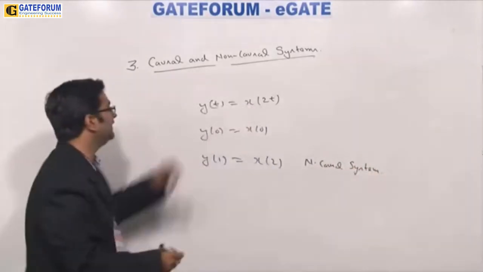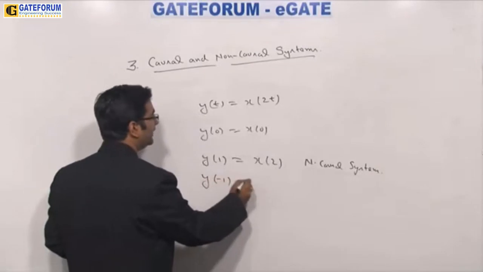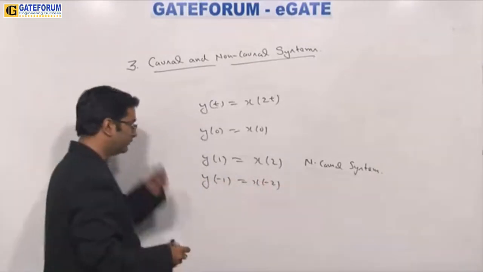Now again here, if I put the negative values of t, if I put y of minus 1, I will get x of minus 2. X of minus